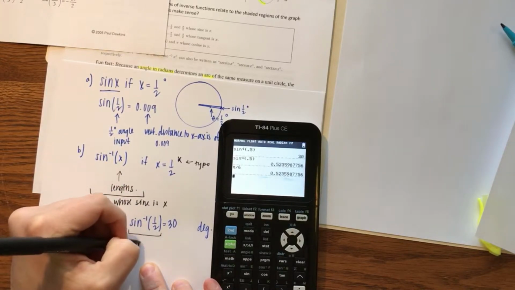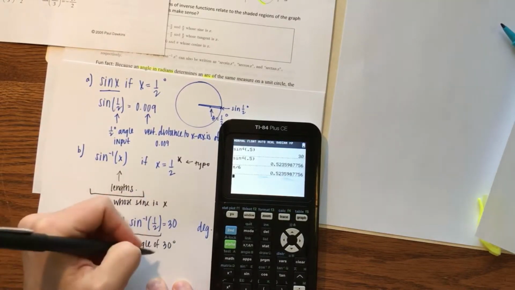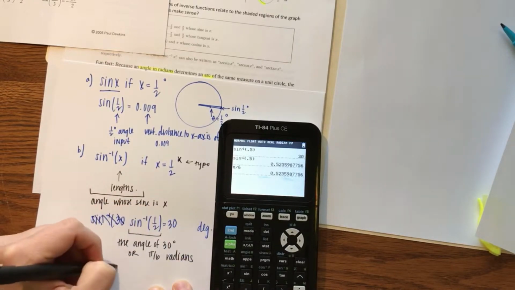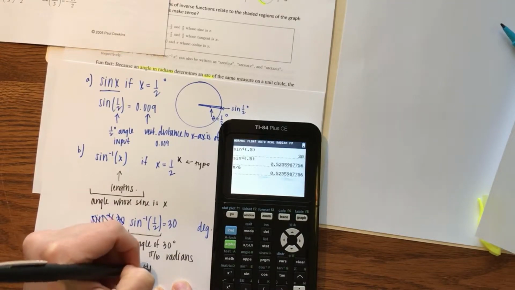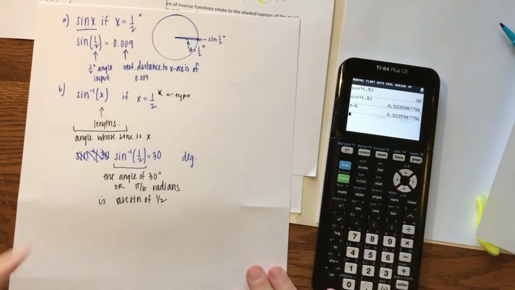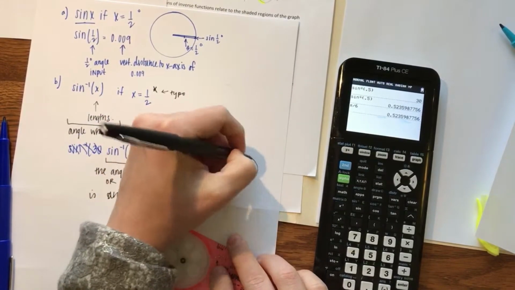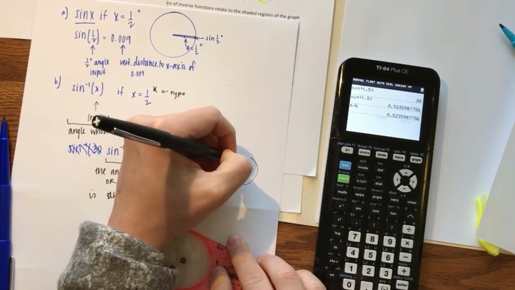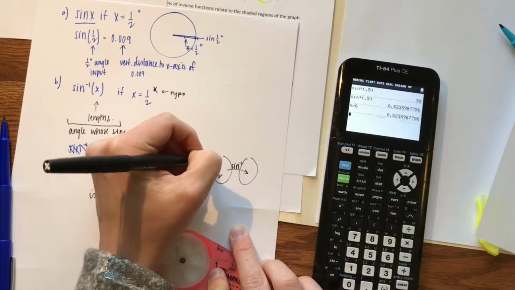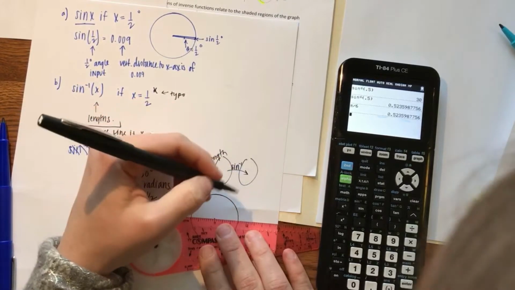So indeed, what this equation is telling me is that the angle of 30 degrees, or pi/6 radians, is the arcsine of 1/2. In other words, for this function, we can think of it from our unit circle perspective. We can also think of it from an input-output perspective, right? If this is my sine inverse, I gave it an input of 1/2 as a length. So I know on my unit circle, when I have 1/2 as a length,